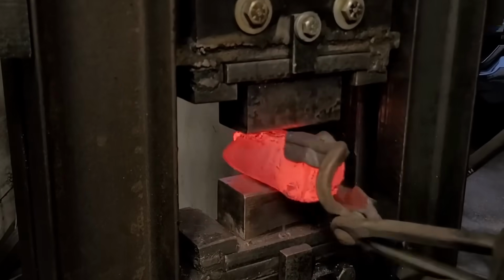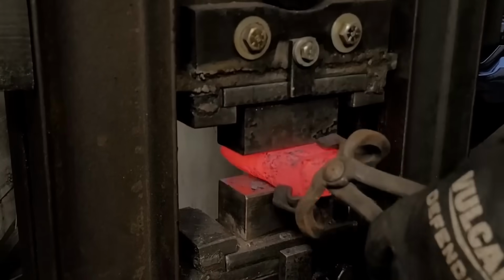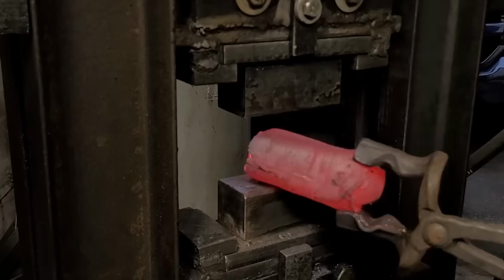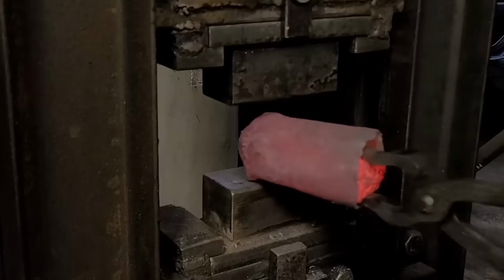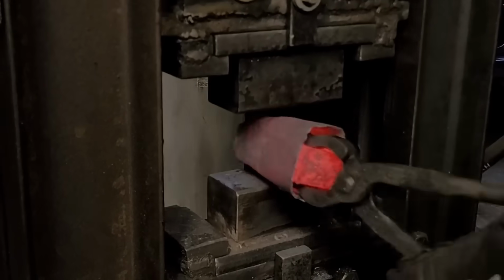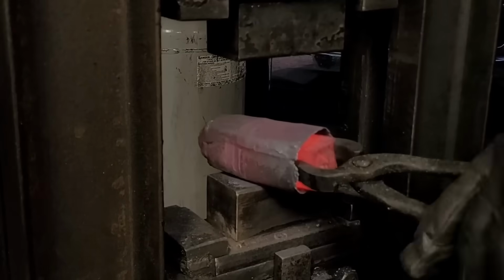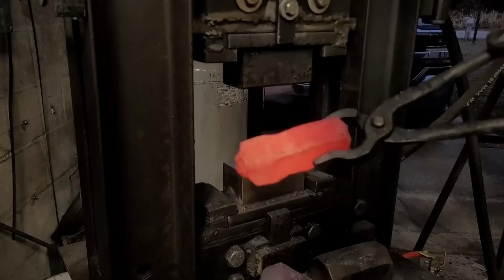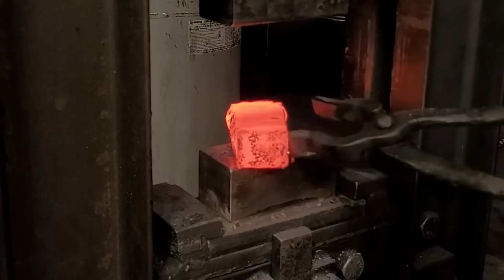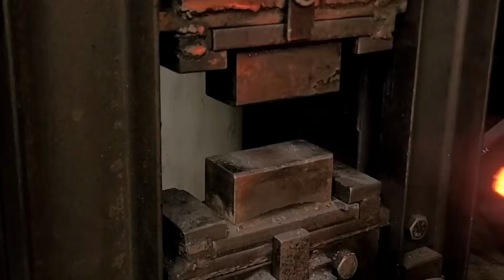The initial forge weld is really what does all the work. You don't need to be forge welding it multiple times. The initial forge weld from top to bottom applies pressure to where the caps can't pop off, and then the walls of the can actually supply another pressure on the sides. Since those are factory, they're not welded, they're not gonna break. So instead of them weakening, it kind of just forces everything together,